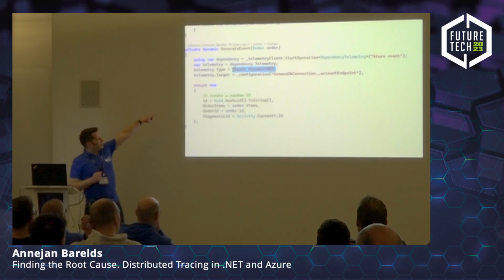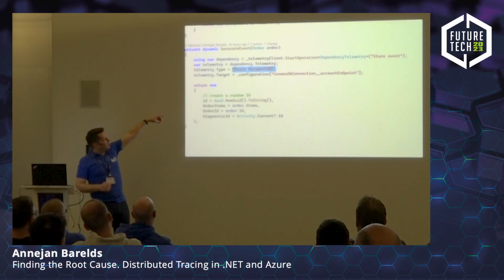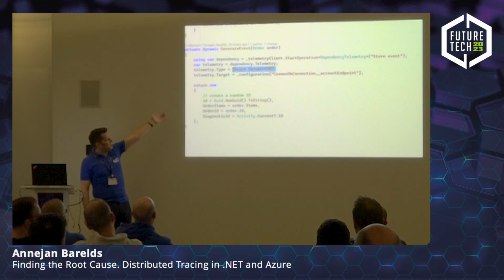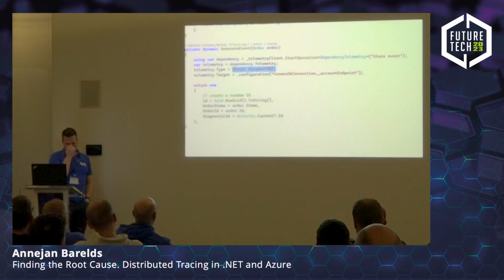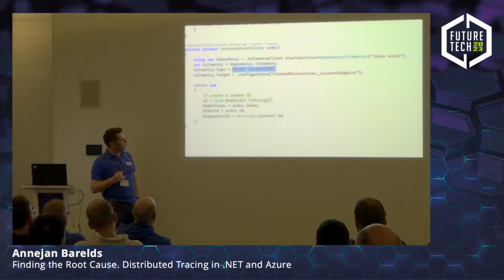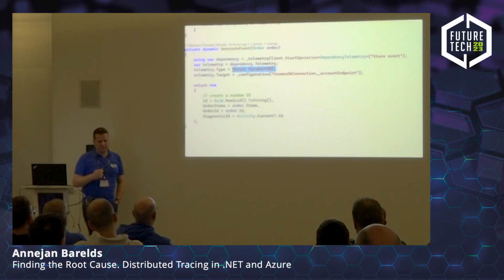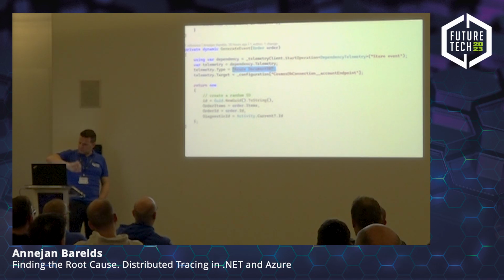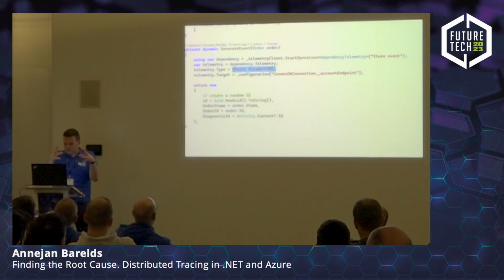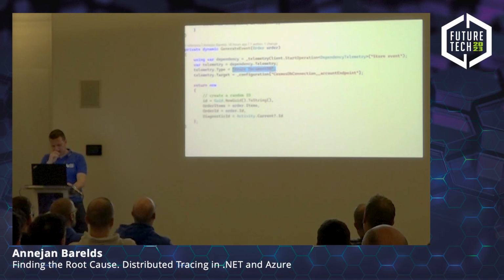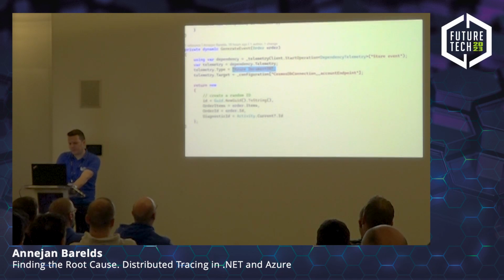And well, this is my event that I'm going to store in Cosmos with an ID, order items in the order ID, and most importantly, the diagnostic ID, the value of which is going to be the current activity.id, which is all happening in System.Diagnostics, which is basically where all the tracing and requests and spans and that sort of stuff originates in the .NET space.